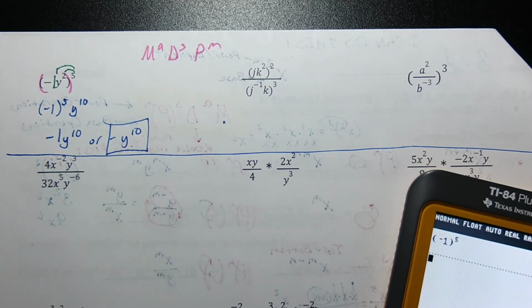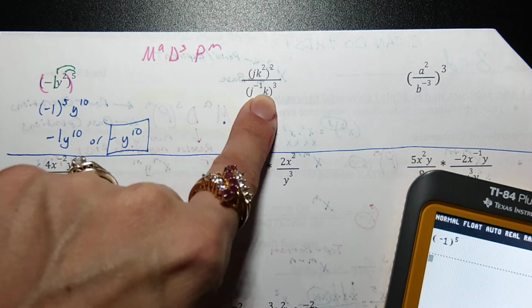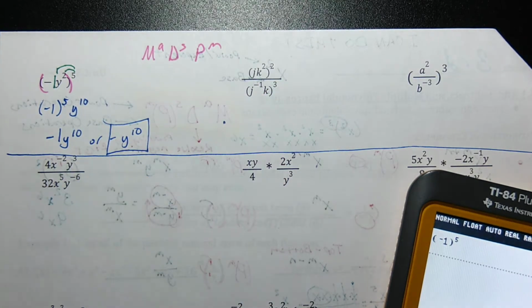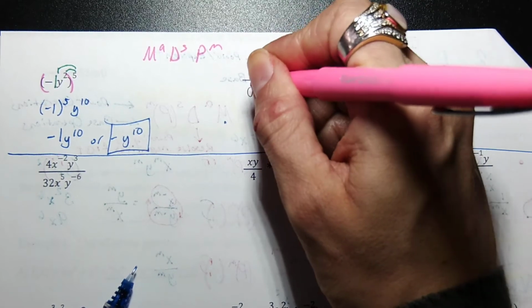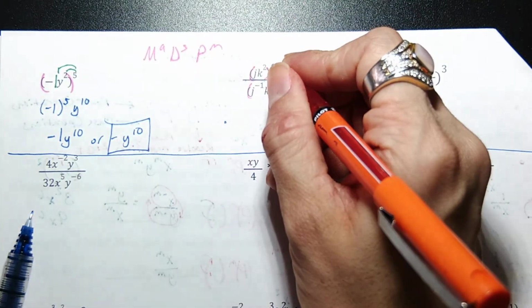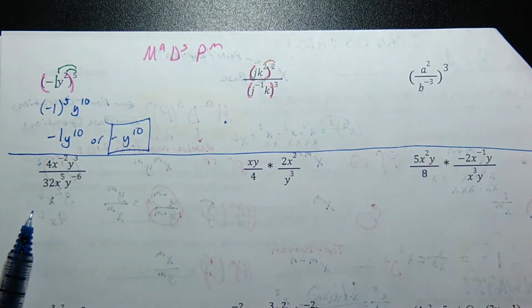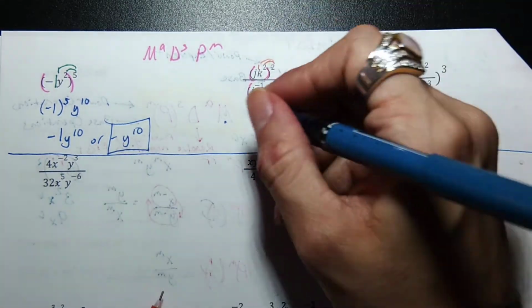Now, on the next one, we need to be careful that we are following our PEMDAS rules here. So we start inside our parentheses. Can't really do anything there. I could resolve that bad attitude, but I'm going to wait until the next step, because my next step, I need to power up on both the top and the bottom. So how many exponents are going to get this power of 2? 2 of them. The k's power of 2 gets it. The j's power of 1 gets it. So that will give me